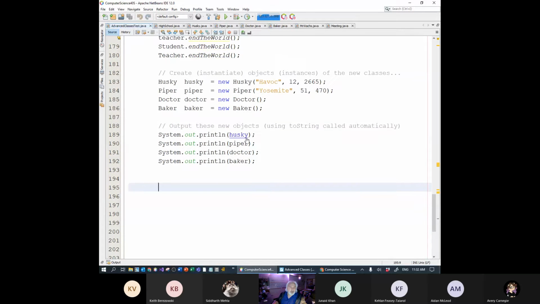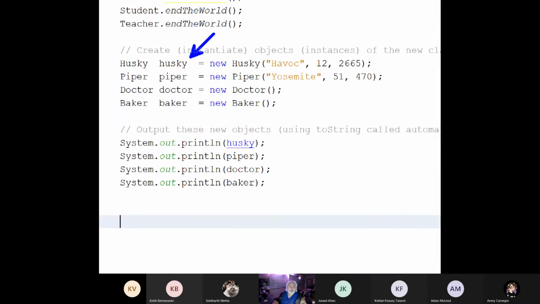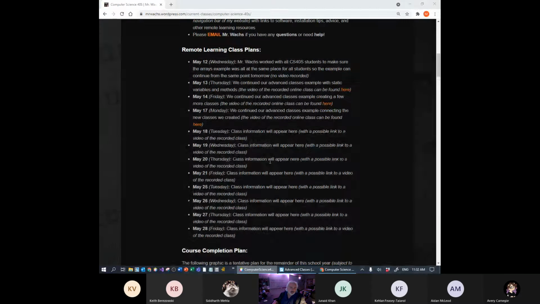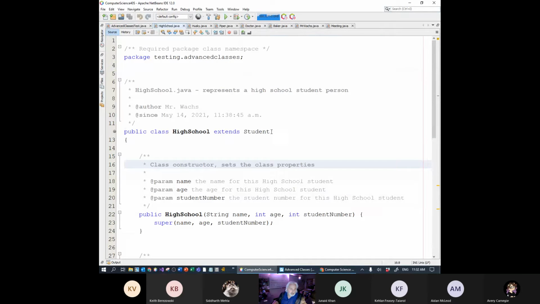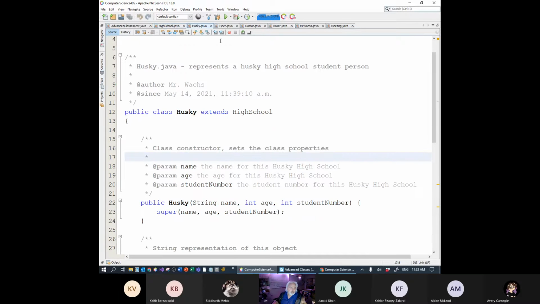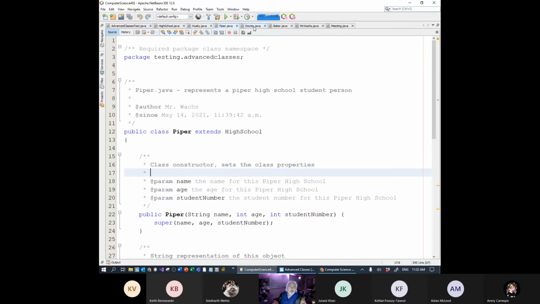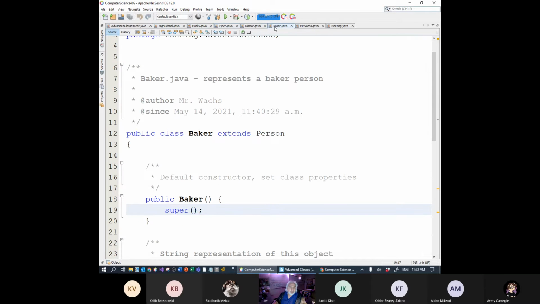Yesterday, we created instances of our Husky, Piper, Doctor, and Baker. And we then outputted them using our built-in toString methods. We didn't write much code yesterday to make this happen, but we did do things like extend student and write a constructor method for high school, for Husky, for Piper, for Doctor, and for Baker. Some of these were very simple. Like for example, for the Baker class, all we did was we said extend person, and we added one line